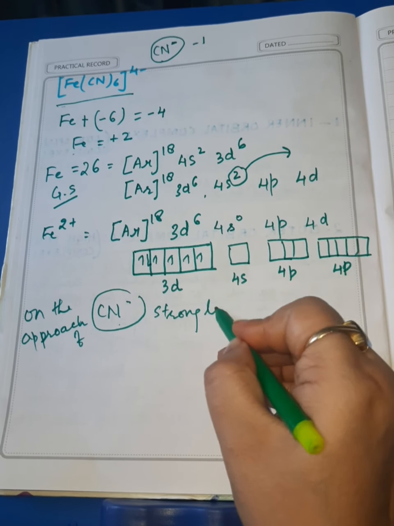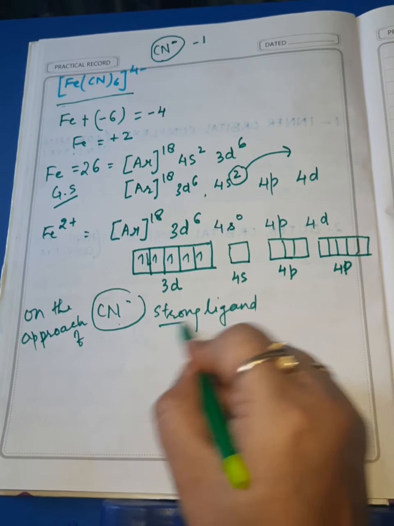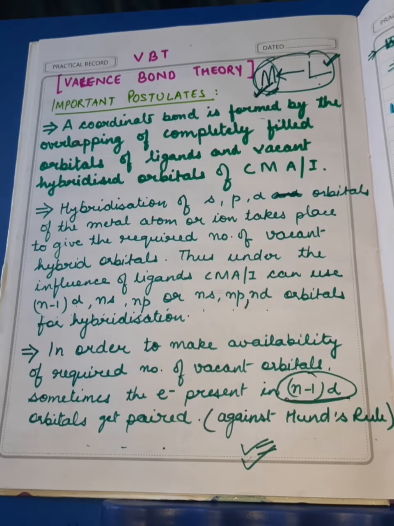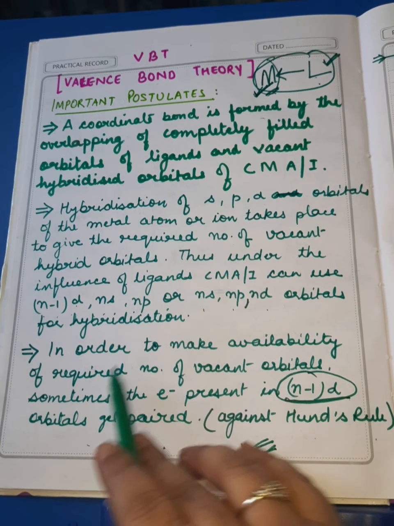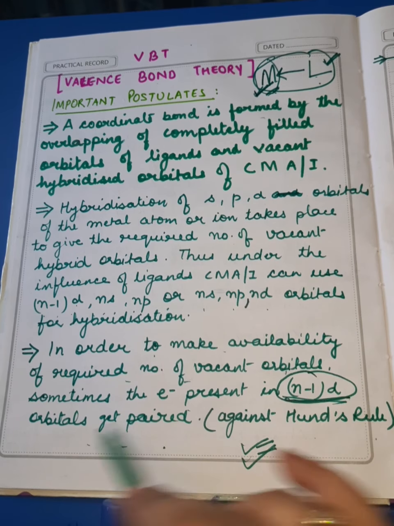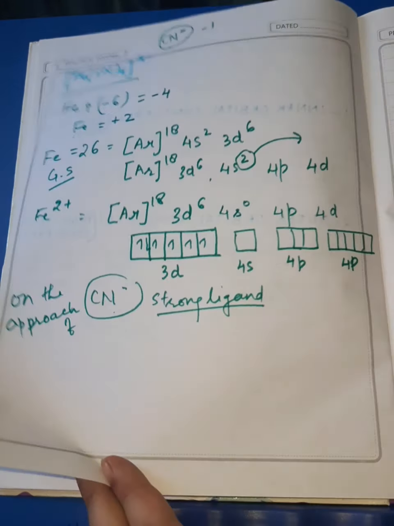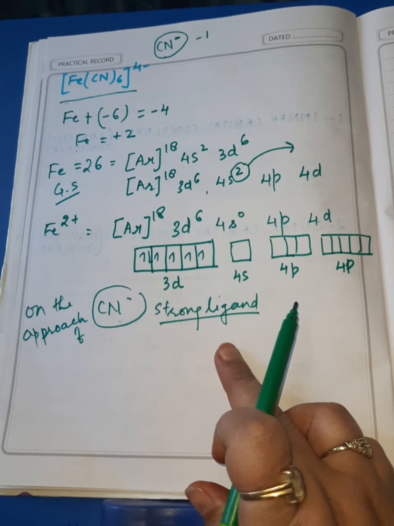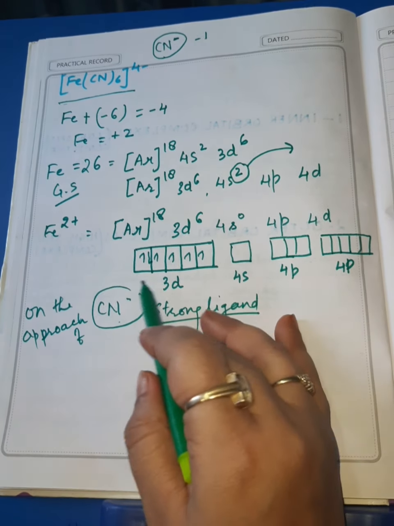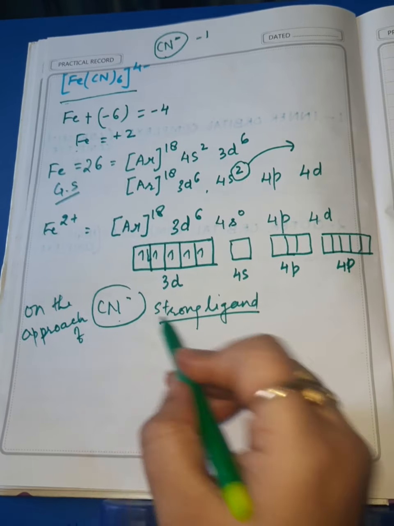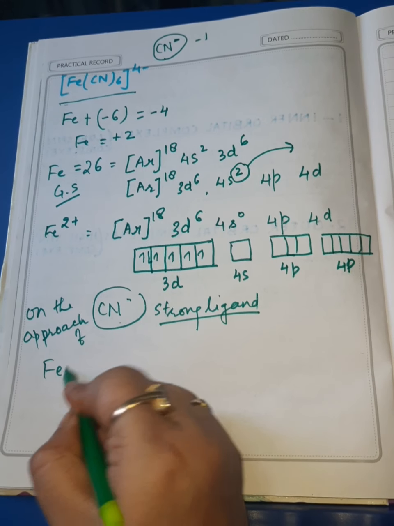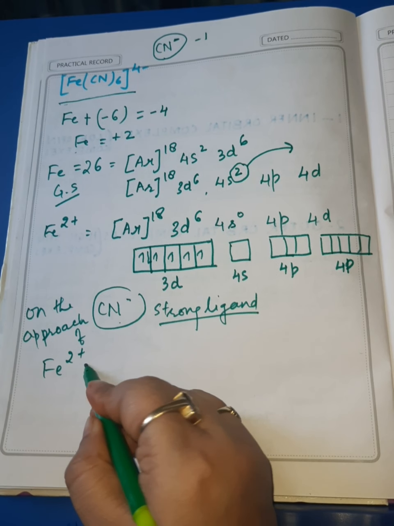When I say strong ligand, dear students, according to the postulate of valence bond theory, in order to make available the required number of vacant orbitals, sometimes the electrons present in (n-1)d get paired. So under the influence of a strong ligand, these electrons get paired within themselves. So on the approach of CN minus, the Fe2+ situation becomes